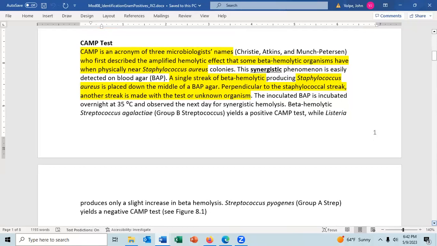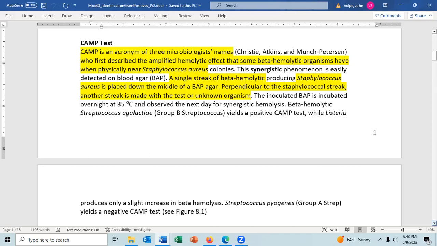All right, the CAMP test is an acronym for the doctors who discovered it. It stands for, you don't need to know this, Christie, Atkins, and Munch Peterson. That's what CAMP stands for. What you're looking at is an amplified hemolytic effect that some beta hemolytic organisms have in the presence near Staphylococcus